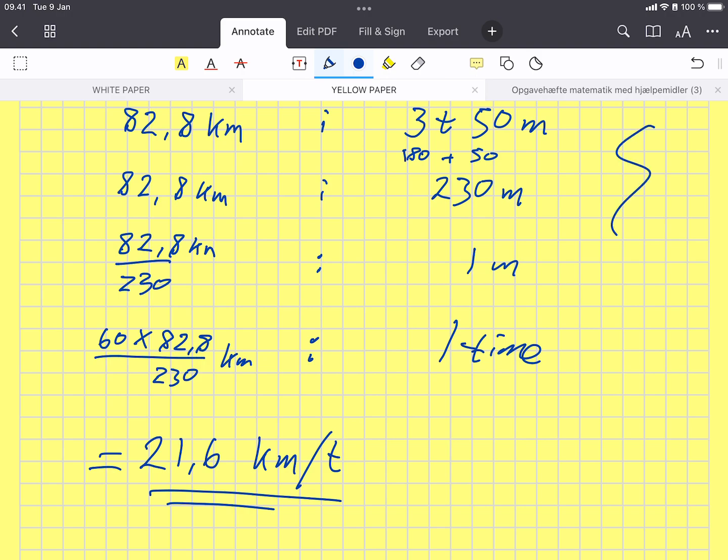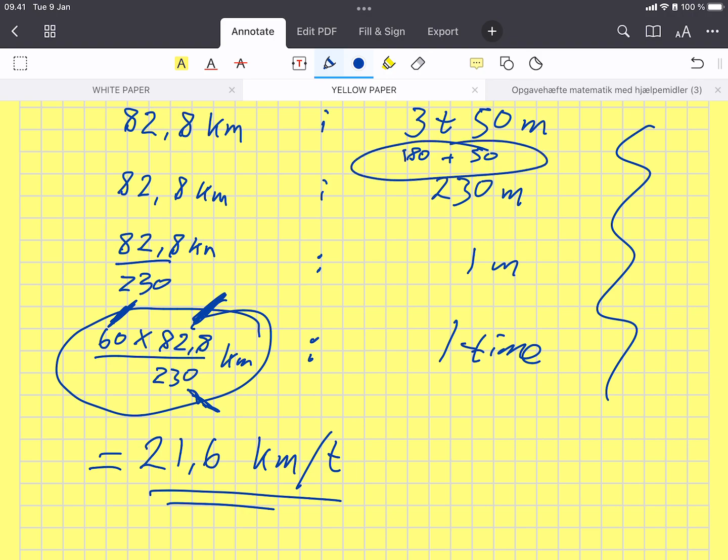So I don't want lines and lines of working like that. What I want is the single calculation that leads to 21.6, where you can see where all the numbers came from. So if I take that, you can see where 60 comes from, because 60 minutes in 1 hour. 82.8 was in the question. It's not obvious where the 230 came from, and I got the 230 from 180 plus 50, which was 3